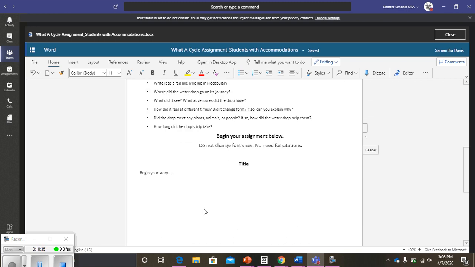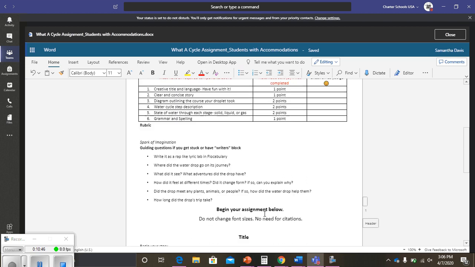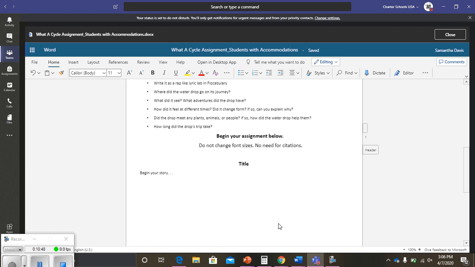Okay, so think about your beginning, your middle, and your end, and then fill in everything in between and look for those key terms. If you are struggling to know which terms you need, you can message me and I'll let you know what you need to do. Okay.